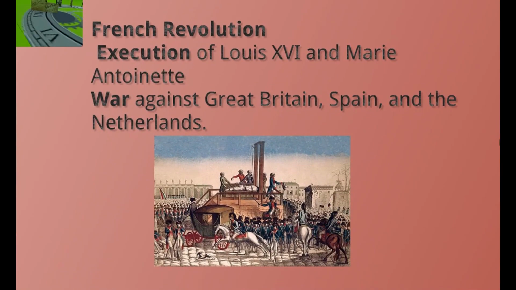Going back to external affairs, which are directly related to internal affairs, we witnessed the French Revolution becoming more violent with the execution of Louis XVI and Marie Antoinette, and France declaring war against Britain, Spain, and the Netherlands. Because France is a republic at this time,